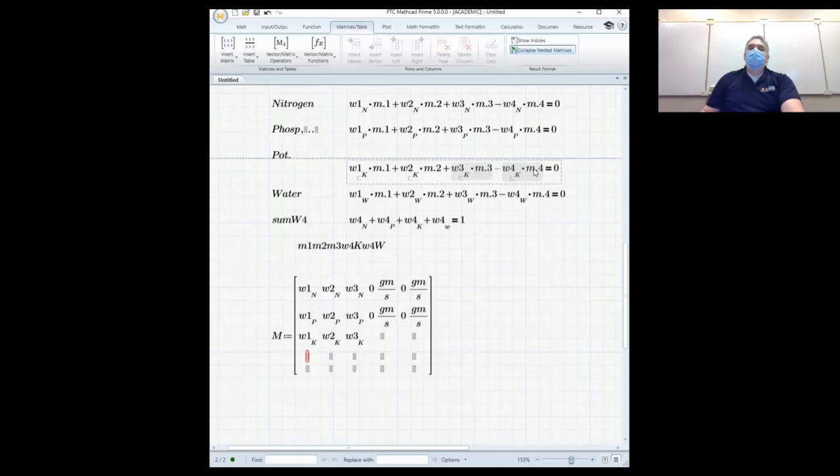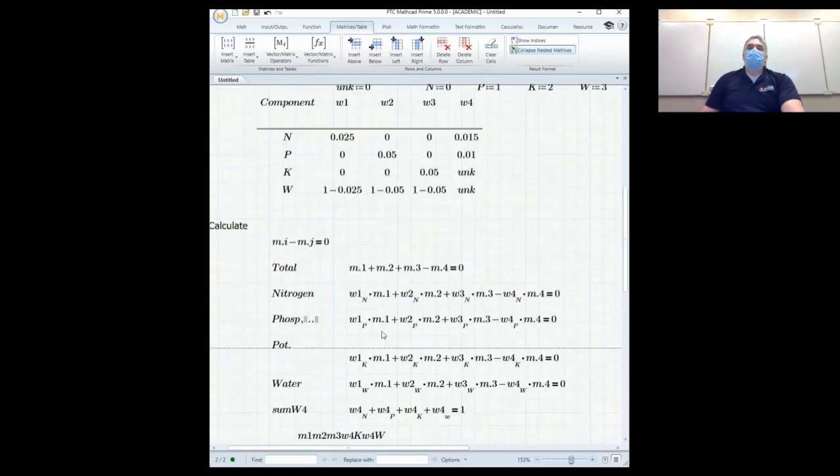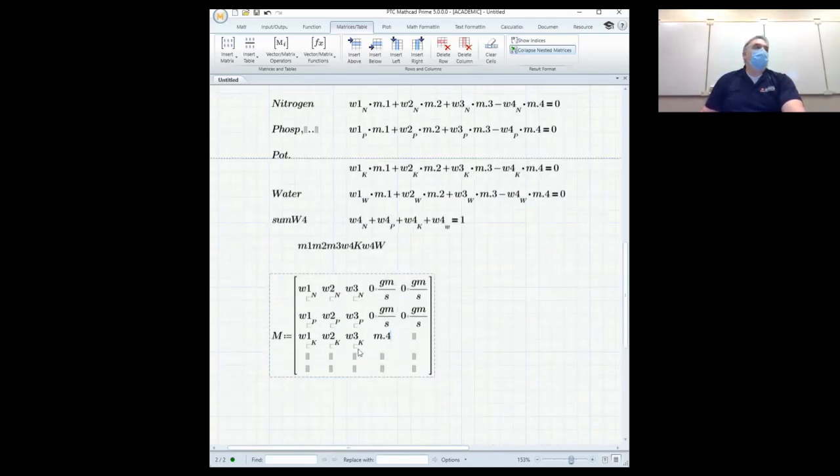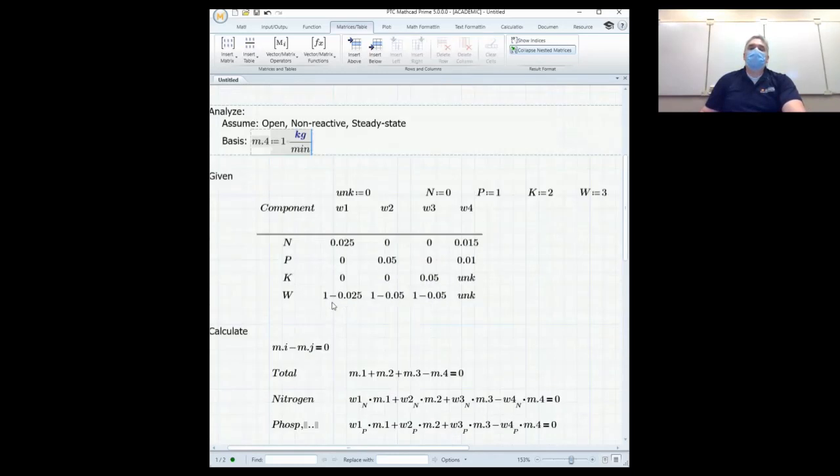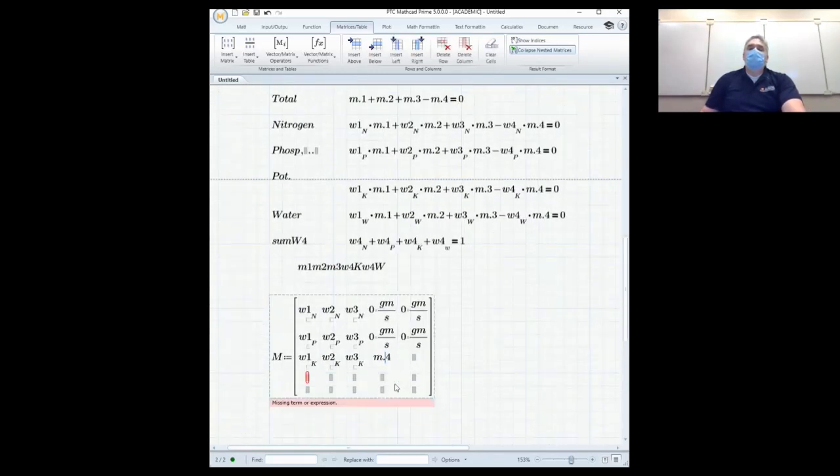Well, it's a negative M dot 4. And M dot 4 is a known. You can't have any unknowns in this matrix. But you'll notice that M dot 4 was defined right here. So M dot 4 goes there, but it's minus M dot 4, because minus M dot 4 is multiplying